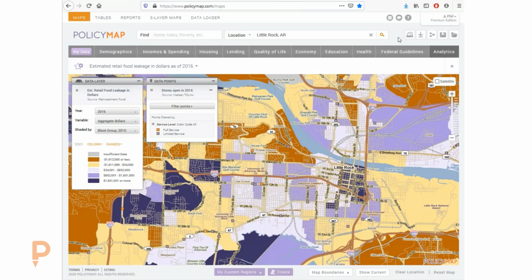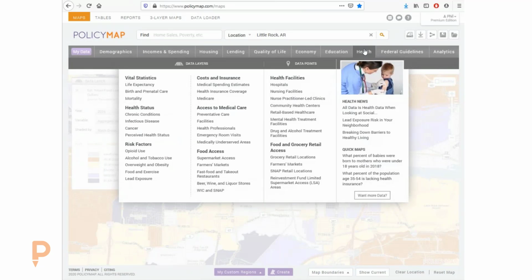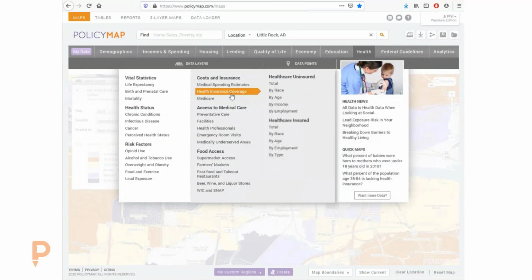And so with the ACS, it updates numbers that we would have to wait every 10 years. And the ACS, because it's done every year, they get to add new questions to really change or get more information as it's needed at the current time. So one of the big questions that were added probably 5 years ago was, do you have health insurance? And that was a really big factor for the ACA to be able to understand coverage and understand the actual impact of not having health insurance in given neighborhoods.